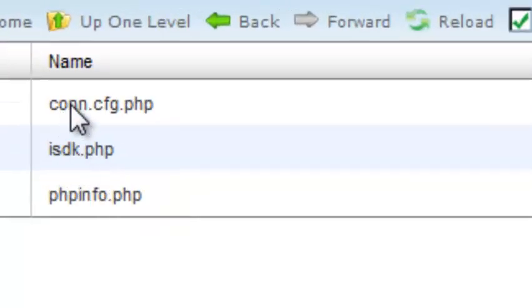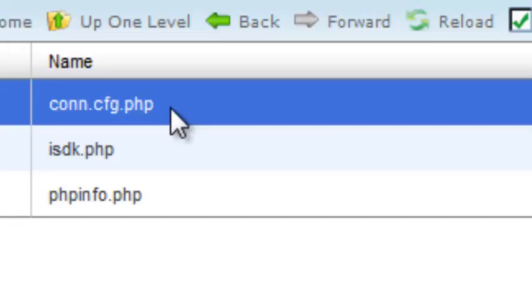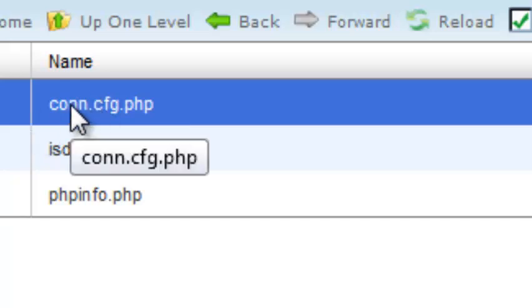We need to move those so that they sit at a higher level. At the moment they're under the iSDK folder and under source, and we actually need them to sit directly under DAP, and we're going to move them in exactly the same way that we move the XML-RPC file. Before we can do that, however, we need to edit the information in this